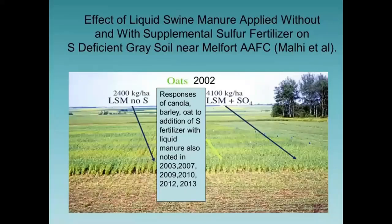And what we have observed in some of our long-term trials, in one particular trial on a sulfur-deficient gray soil near Melfort, that Dr. Molly and co-workers at Agriculture and Agri-Food Canada have collaborated with me on over the years, is we did see significant yield responses on that sulfur-deficient soil when we supplemented the liquid swine manure with commercial sulfur fertilizer. As shown there in one of our trials, even with oats and barley, we were seeing some very significant yield responses to the addition of that supplemental sulfur fertilizer. And certainly with canola, very, very